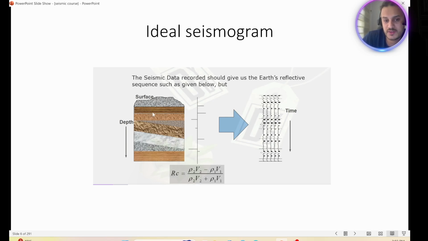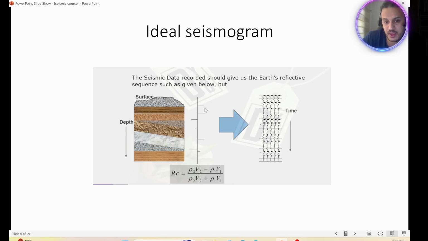Acoustic impedance is equal to ρ multiplied by velocity, where ρ is the density. So if this rock has high density and high velocity, that means this rock is very dense. That means we will get a very high reflection coefficient, and we will get a positive trace in here. The trace will be from this side,